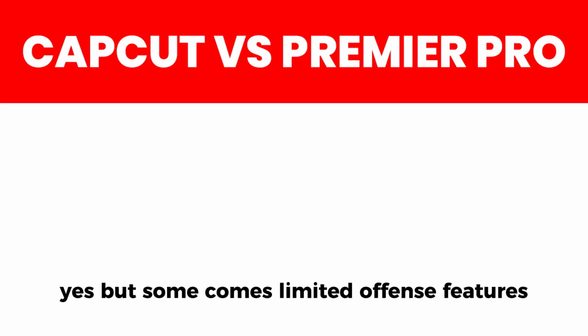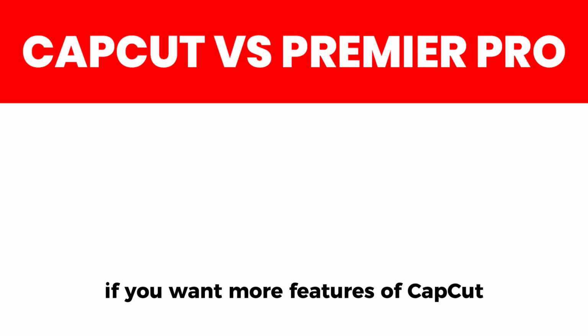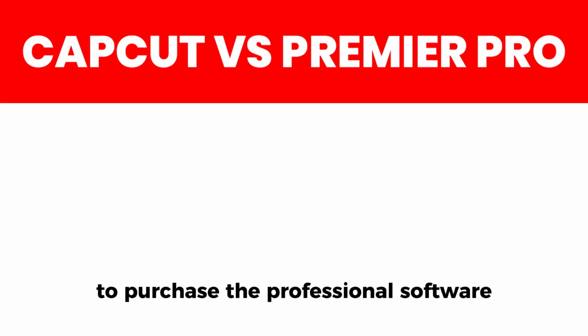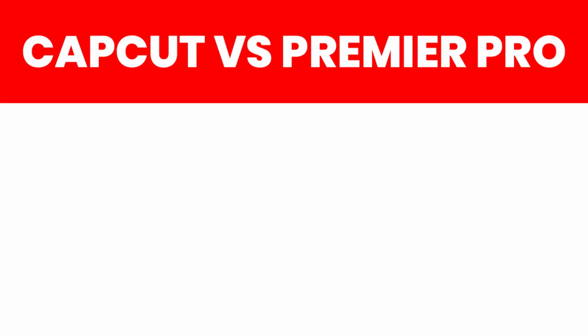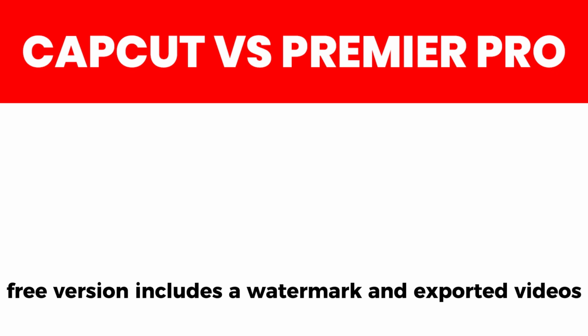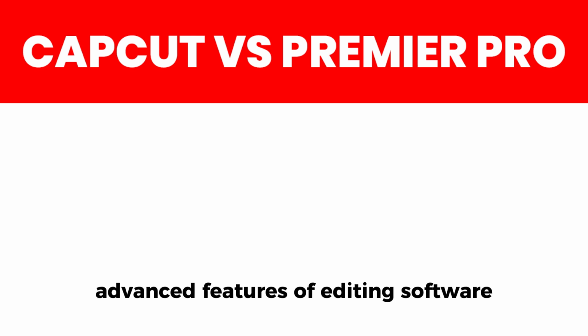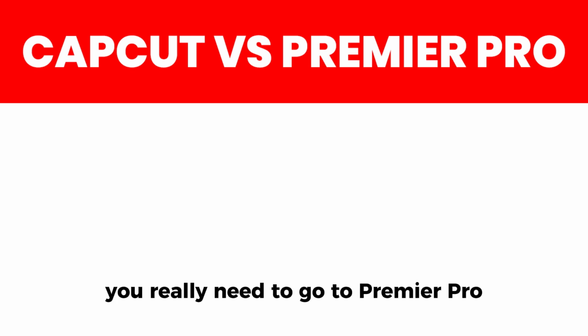Well, some cons. Limited advanced features. If you want more features of CapCut, you have to pay. You have to purchase the professional software. Platform limitations and some watermark. The free version included a watermark in exported videos, but that was before, so that's not a con anymore. But the biggest con is if you really want advanced features of editing software, you need to